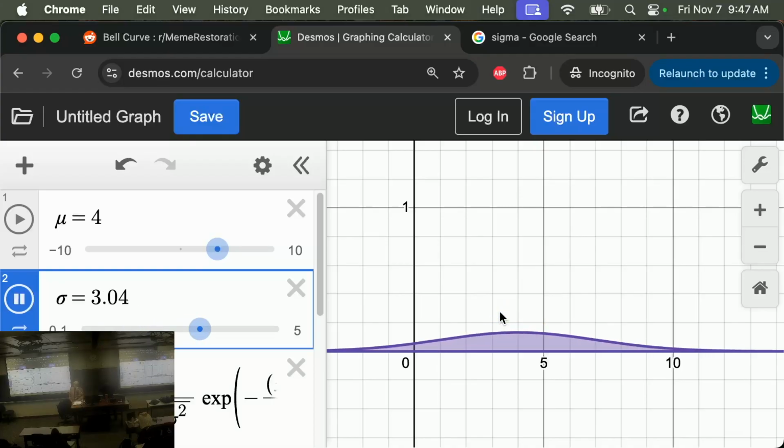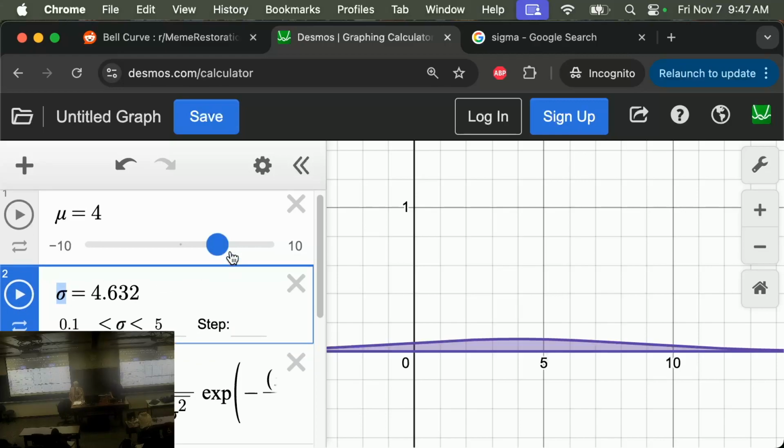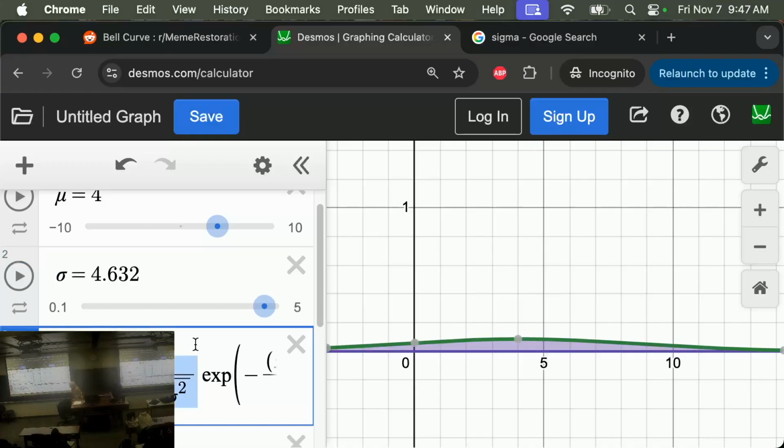Sigma. Yes, so it turns out I wrote out the formula. We're never going to actually use the formula, so you don't need to know the formula. You just need to know properties of it. But it turns out the height has a factor of 1 over square root of 2 pi sigma squared. So the height depends on sigma. And then also there's a sigma in the function over here. So if you know how functions scale, this is a width scaling of sigma, and this one is a height scaling of sigma. And they're both there. I'm not sure if that answers your question.